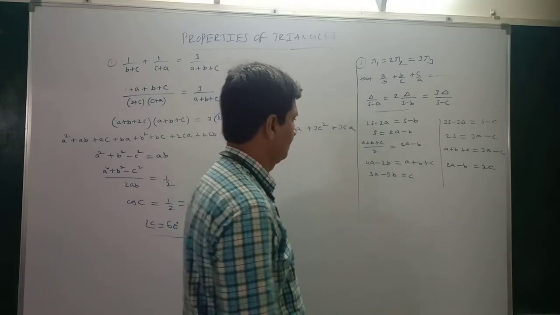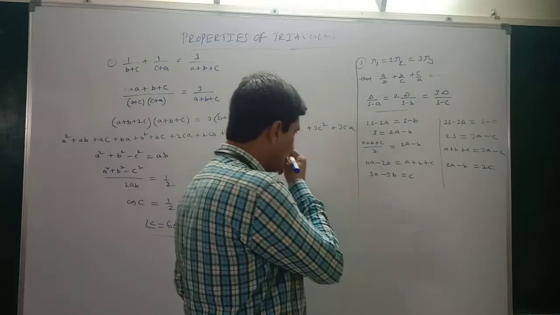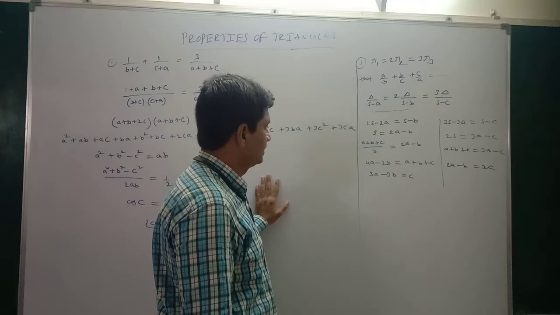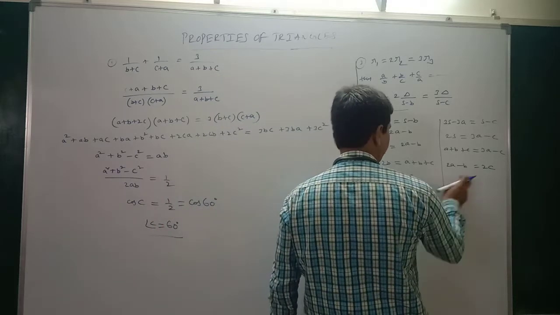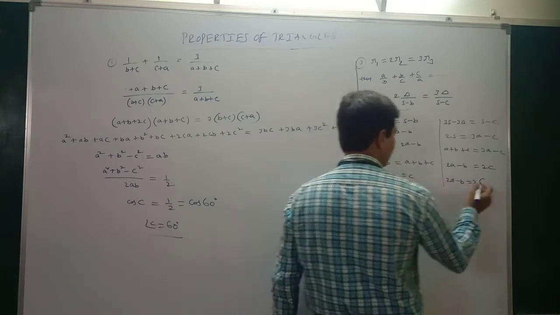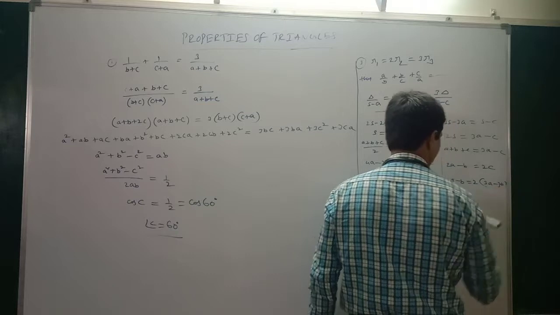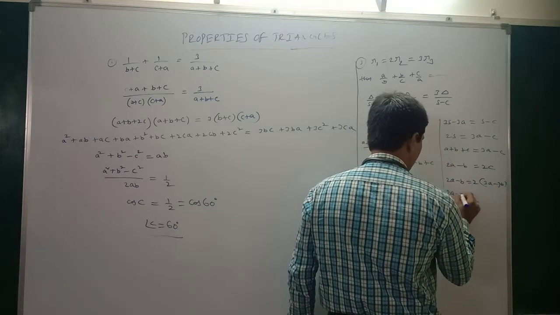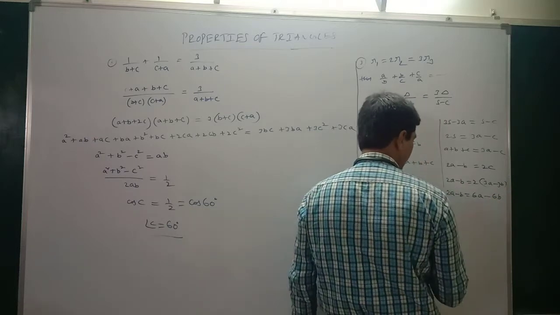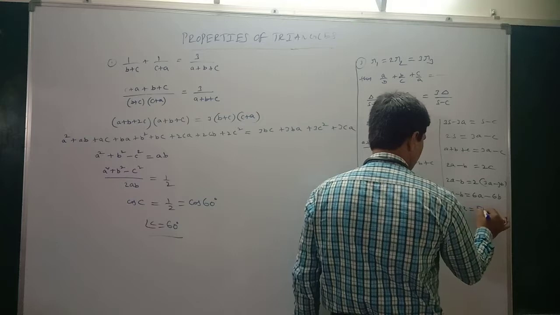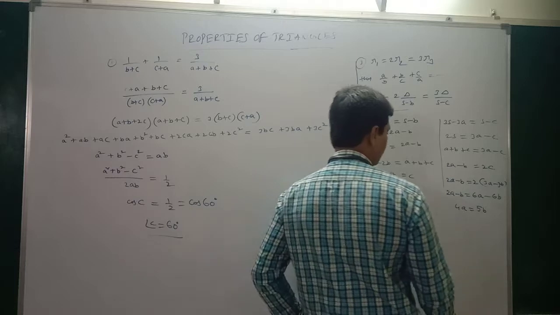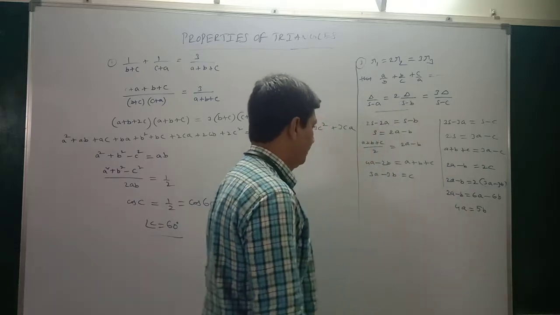Now we have to get the value of A by B plus B by C plus C by A. Substitute the value of C here. So this is 2A minus B equals 2 into the value of C, which is 3A minus 3B. So this is 2A minus B equals 6A minus 6B. Take it to the right side. How much will you get here? This is 4A equals 5B. Okay, so we got this value. Again, we got the value of A in terms of B.